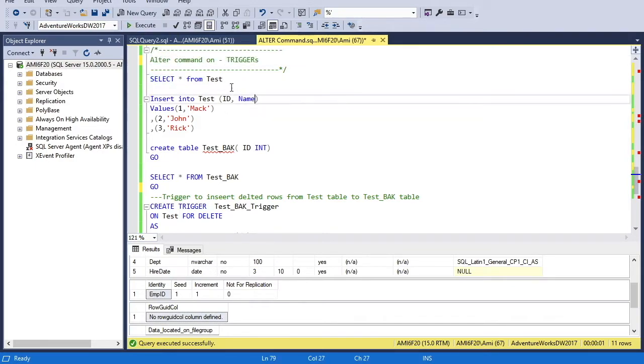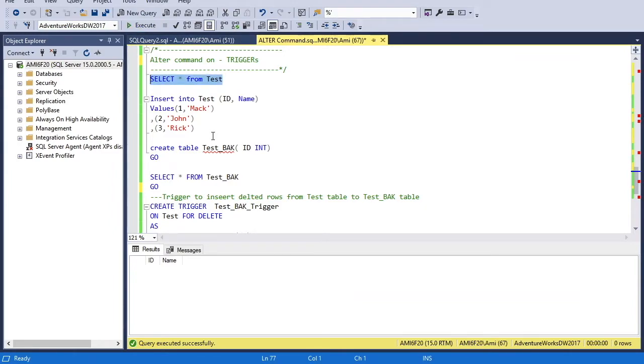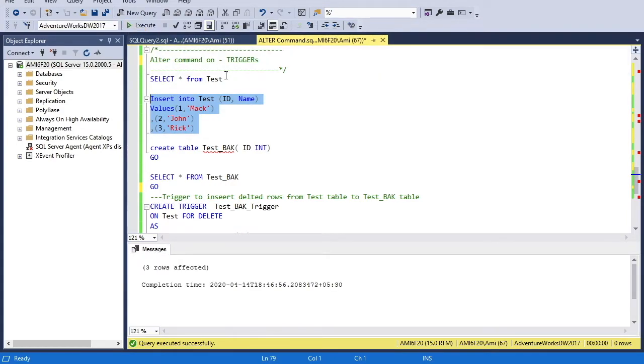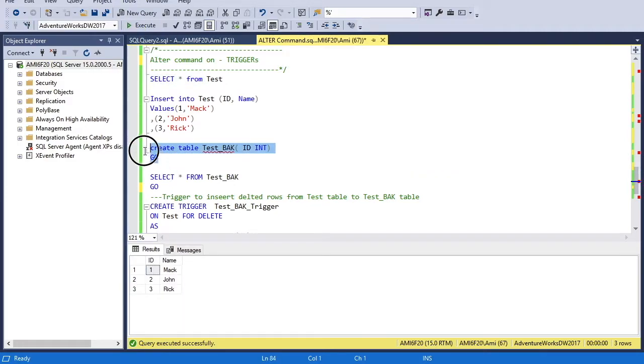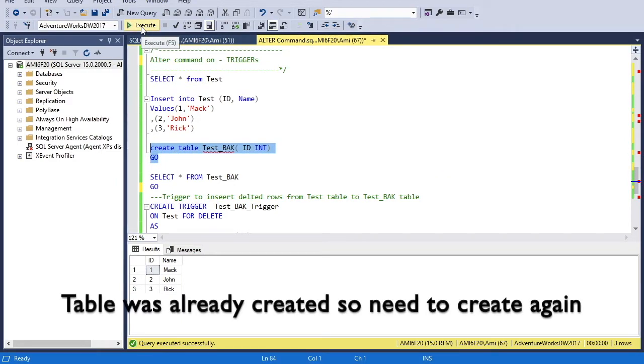So at first we have a test table that we have discussed already. This is a blank table with 2 columns, ID and name. I will insert some values into this. 3 rows inserted, and now test table has 3. Now I will create a backup table called test_back.